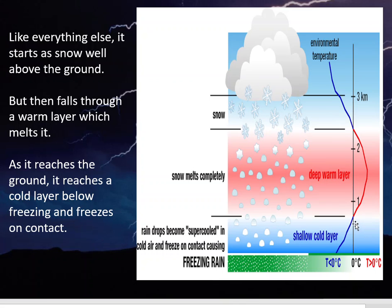But as it gets down closer to the ground, maybe just that area right at ground level is below freezing, so there's not enough time for those raindrops to completely refreeze like sleet and come down to the ground as little white balls. Instead, they don't have enough time to refreeze, so it stays as raindrops all the way down to the ground. And with temperatures below freezing at the ground, those raindrops instantly freeze as they hit the ground,